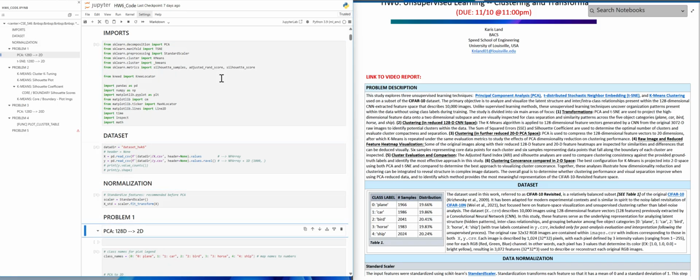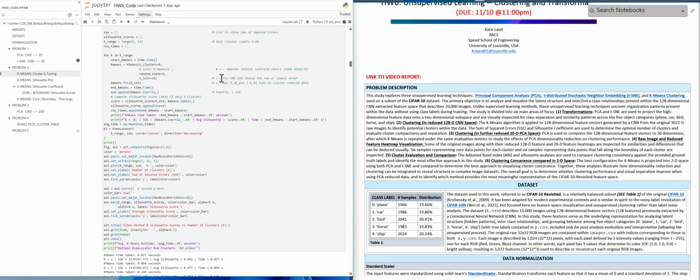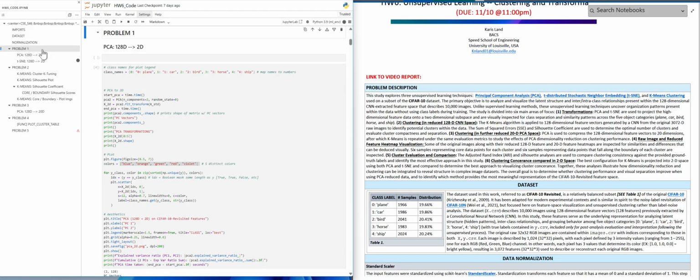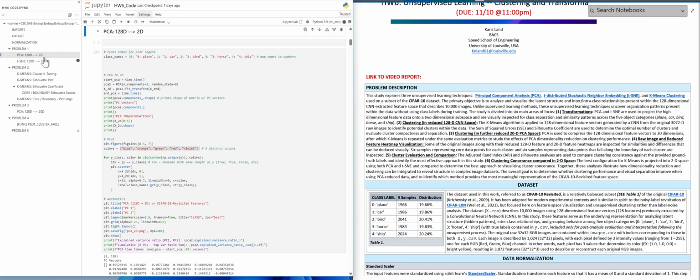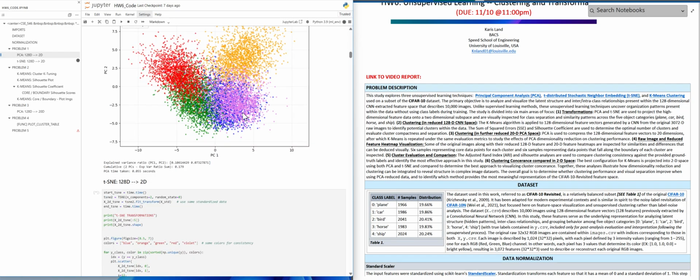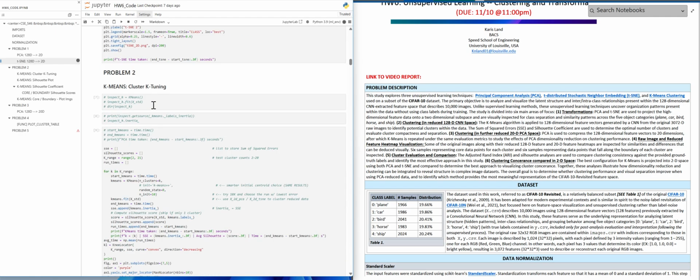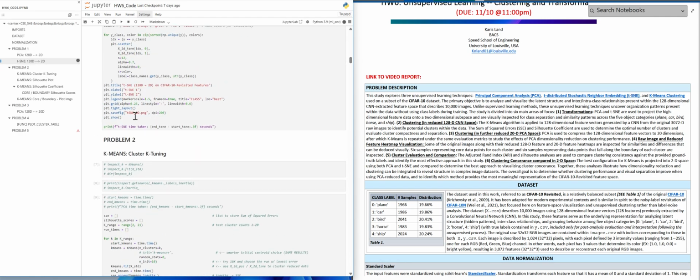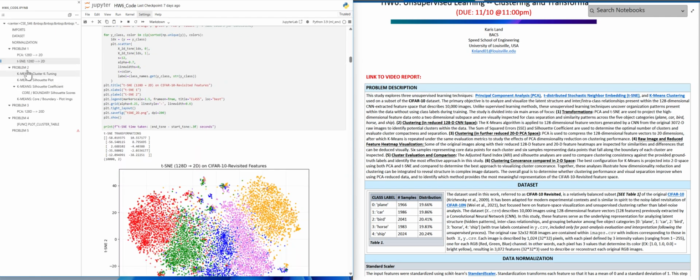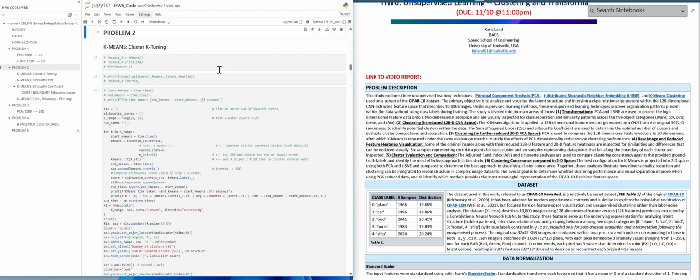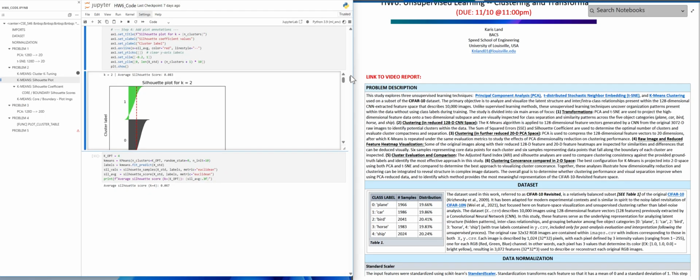Got our data set, normalize. Normalization is important for some and not for others, but to be consistent, you do it for all. And then for problem 1, we've got our first plots for the PCA, and then the t-SNE is working. It's slower computationally. And then we're going to go through problem 2,